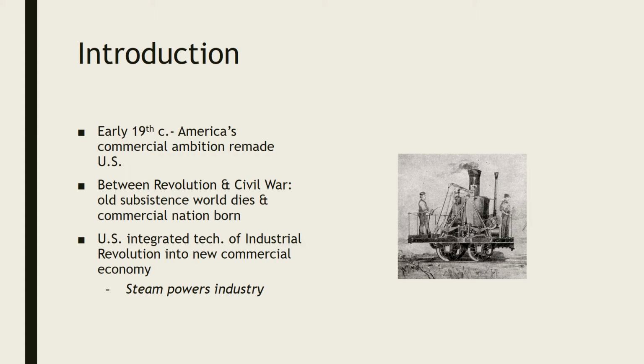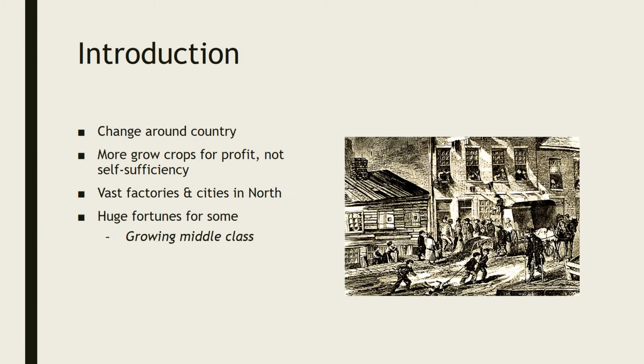And in the process, the United States integrated the technology of the Industrial Revolution into a new commercial economy. The Industrial Revolution was underway. It got started in Great Britain for a variety of reasons that we don't really have time to get into, but there are reasons why it does start in Great Britain, and it does give them the immediate advantage of being the first ones to adopt these technologies. And in the United States at this time, steam is really going to power industry. That's going to change not till after the Civil War, which our class does not cover, but that will shift later on. But initially, it's steam that's powering this revolution.